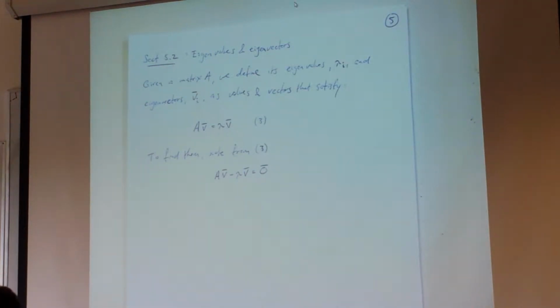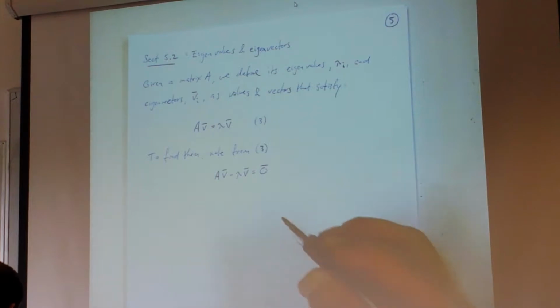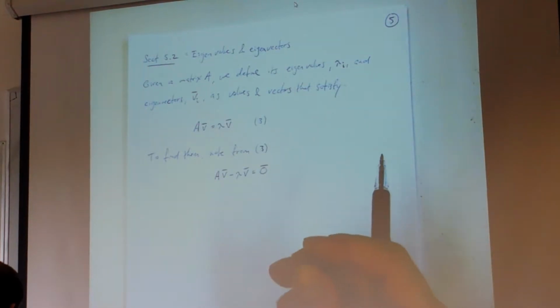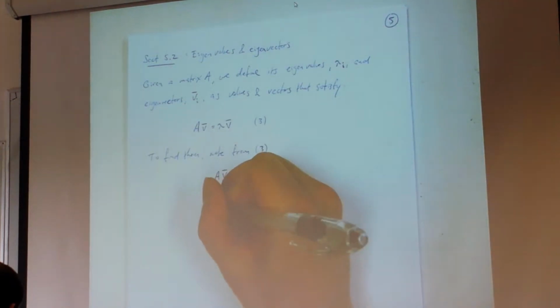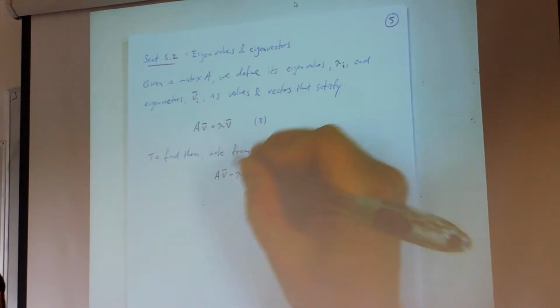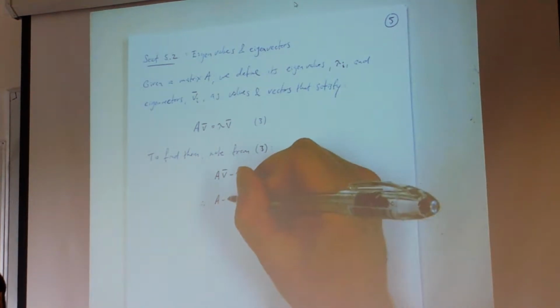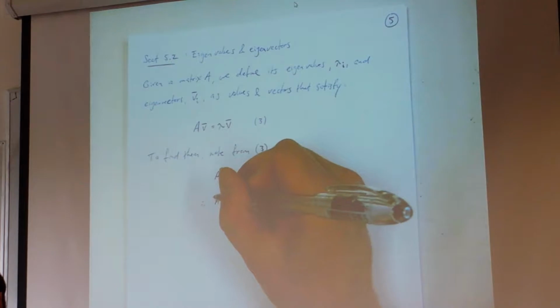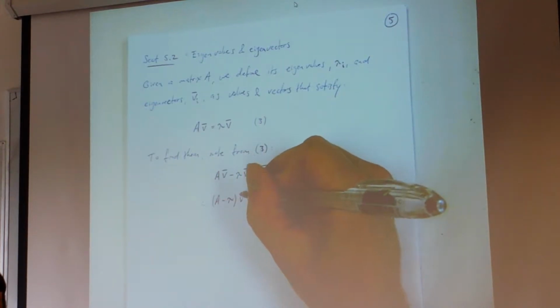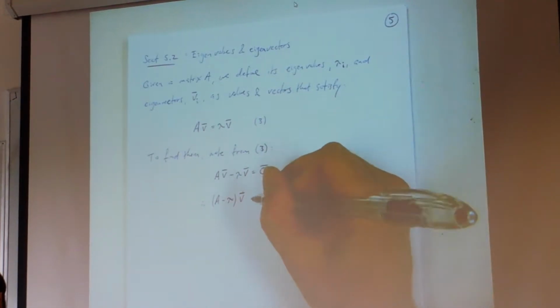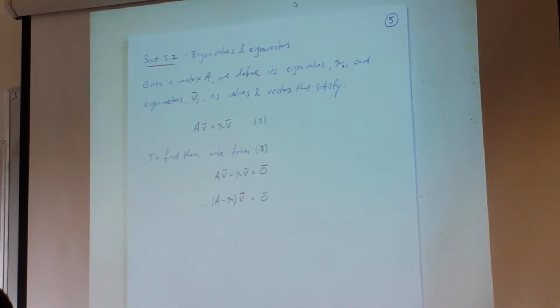Now, another thing that works is distribution from one side or the other, because matrix multiplication is not commutative, but distributive property from one side still works. So I could write this as A minus lambda